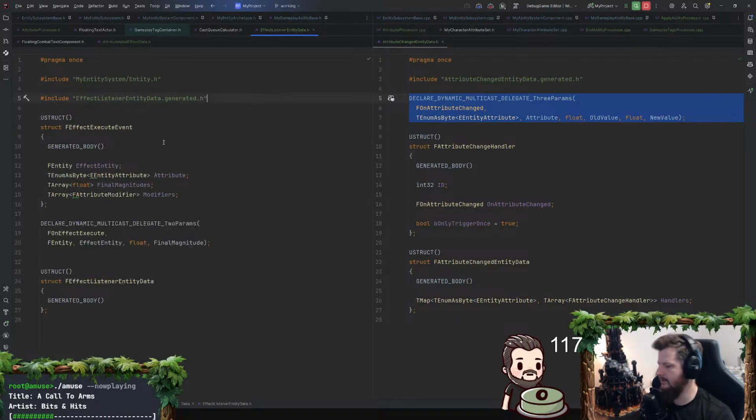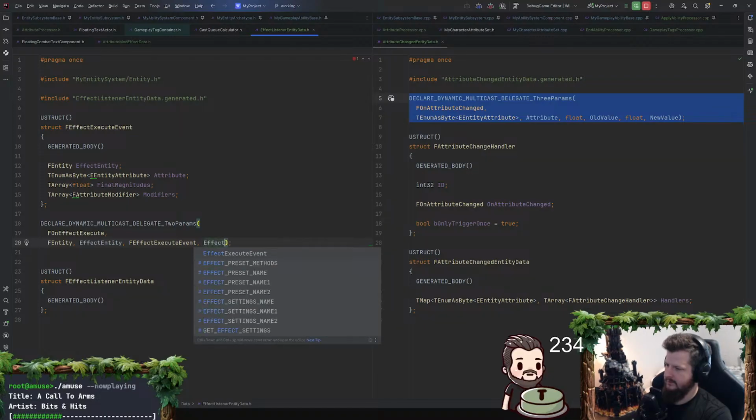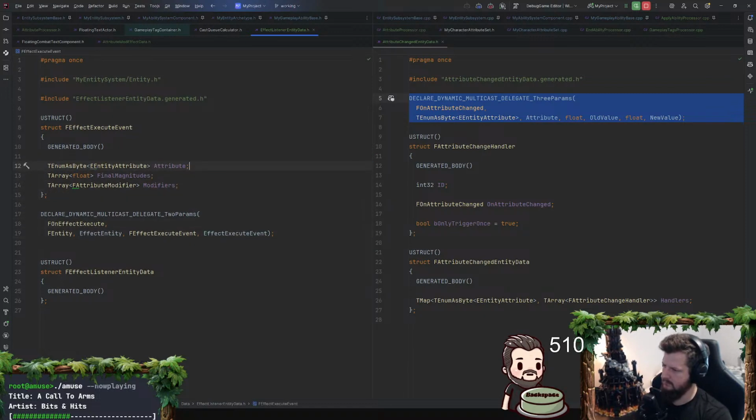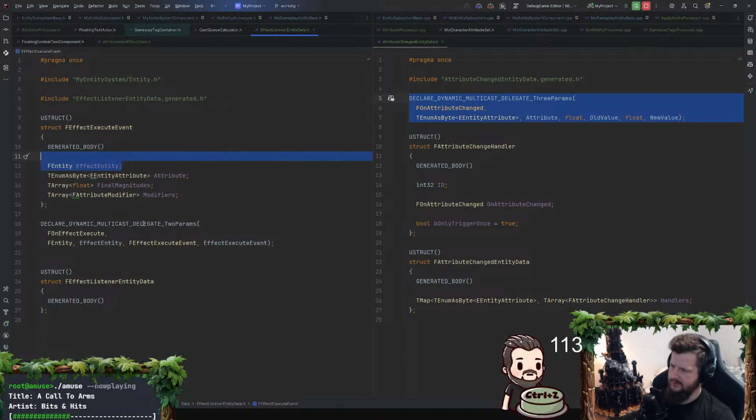Throw that up there. Effect execute event. That should be what it is. What do I call this? Execution event? Yeah, just call it that. I don't know, it could be nice to just do a struct here.